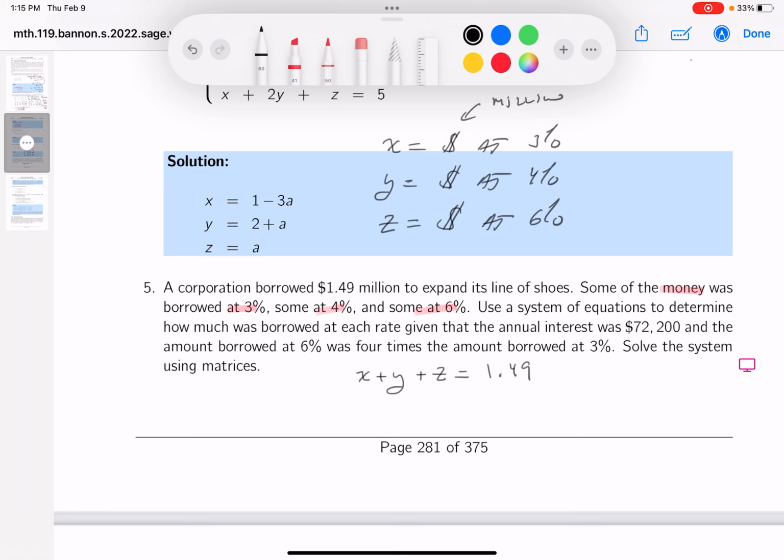Some of the money was borrowed at 3, 4, and 6. Use this equation to determine how much was borrowed at each rate, given the annual interest was $72,200. Well, I'm going to write that down. Now, by the way, when I write down $72,200, I have to be concerned about this, and I'll tell you why. It's in millions, all right? The money's being borrowed in millions. So I got to convert it into a number that is going to produce this interest of 72,000. Right, I'll put this over here,